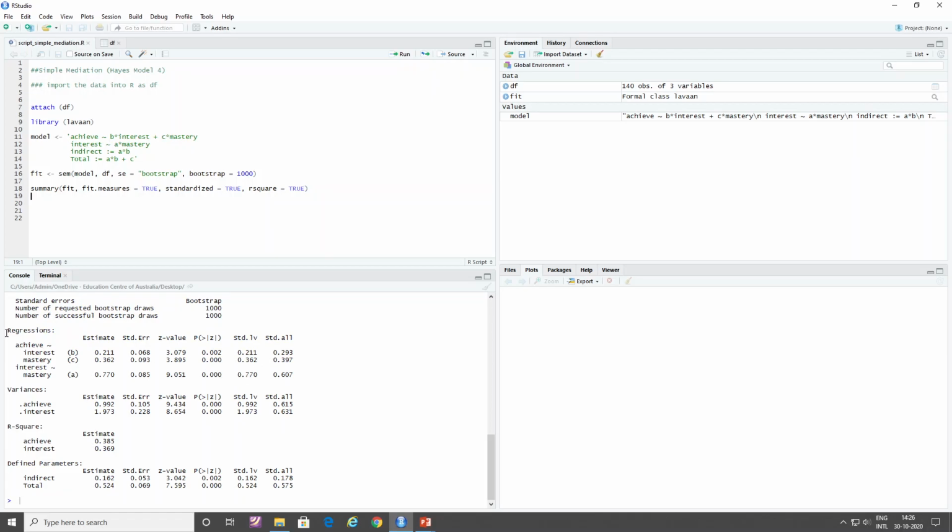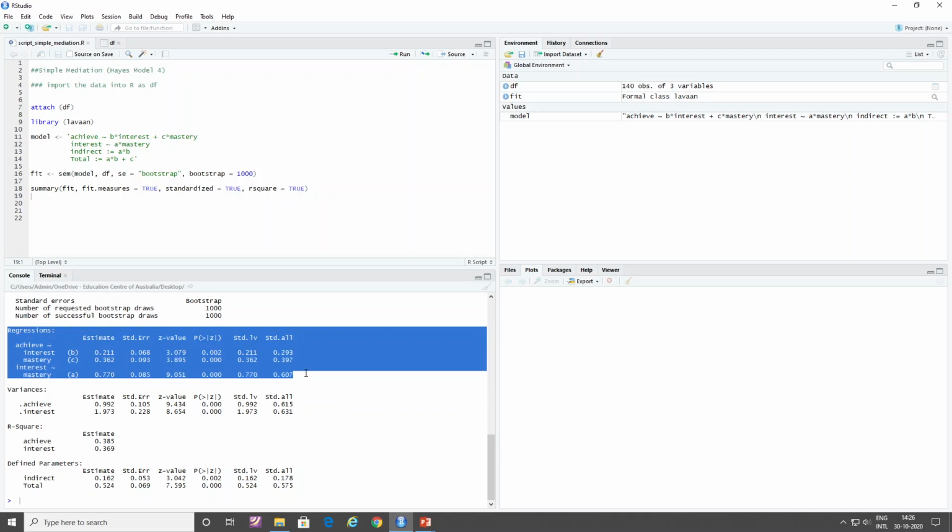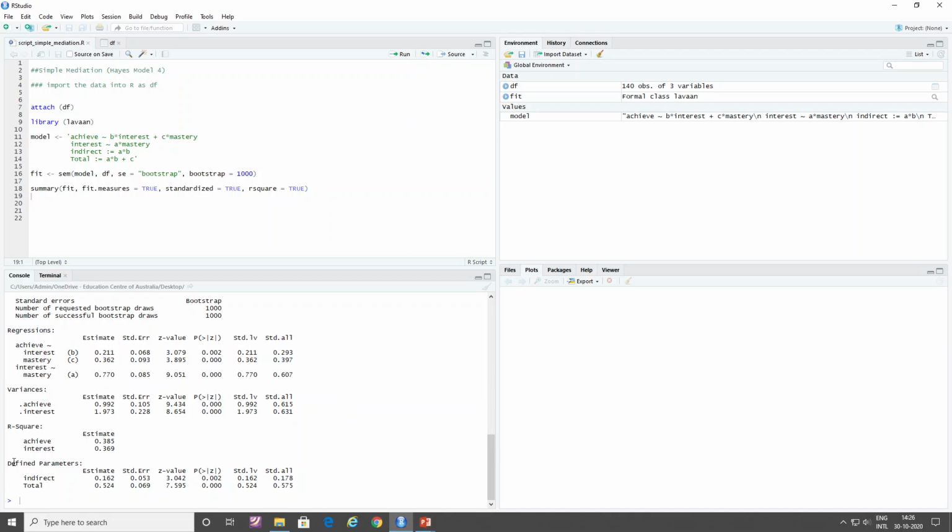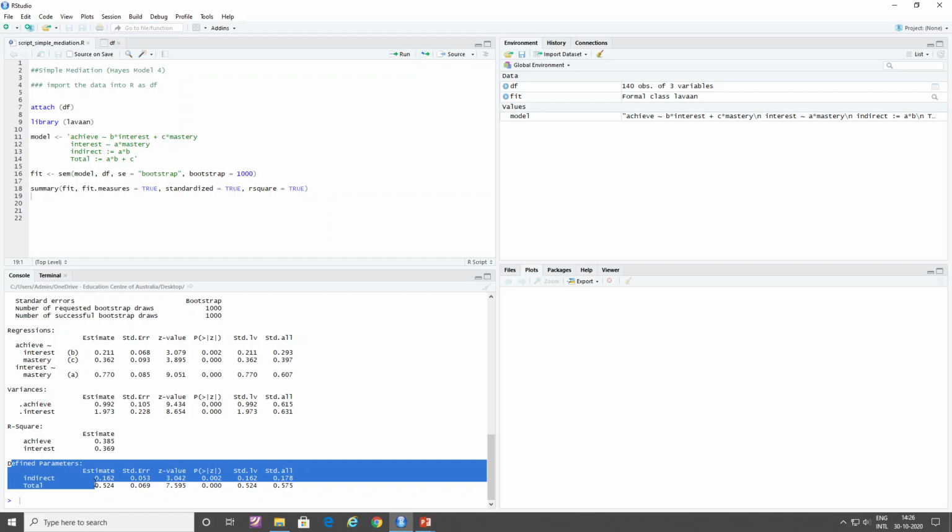We are interested in this regression output, and we are also interested in our indirect and total effect. I will copy this output into our presentation so that the explanation will be easy.